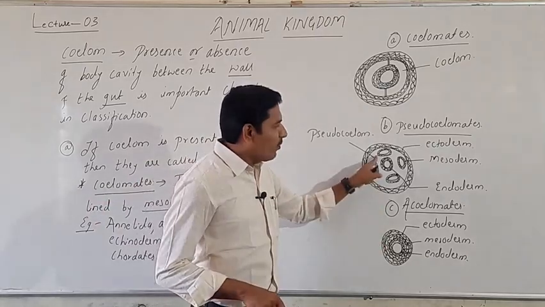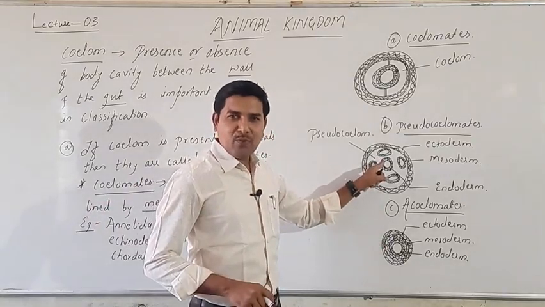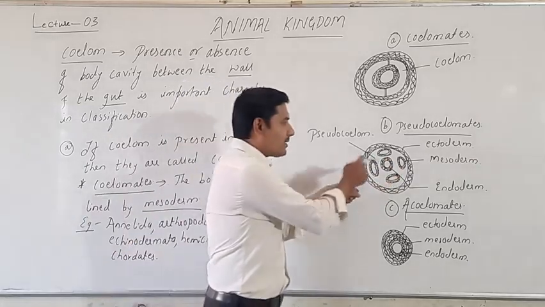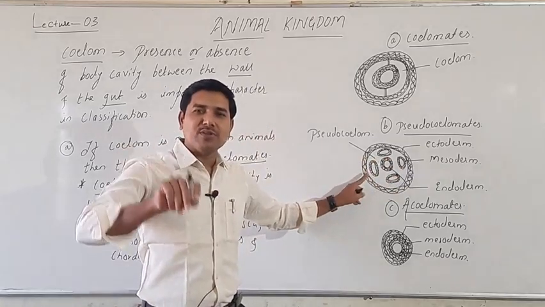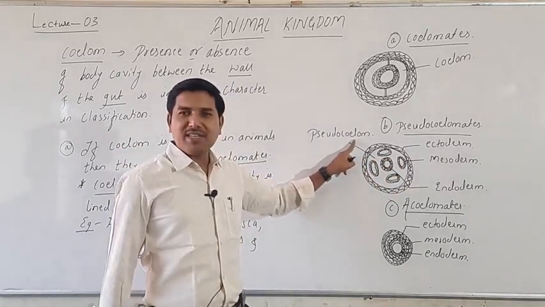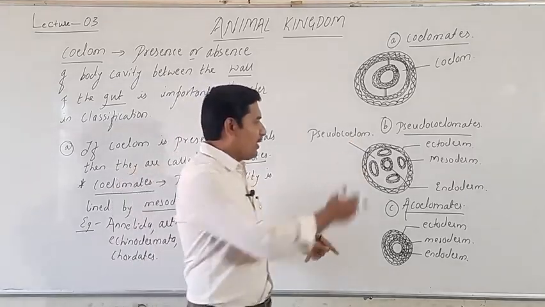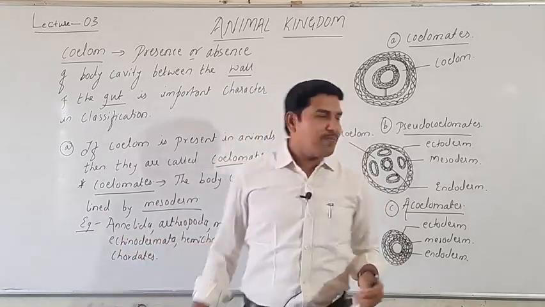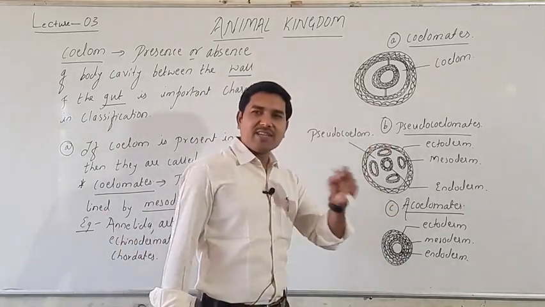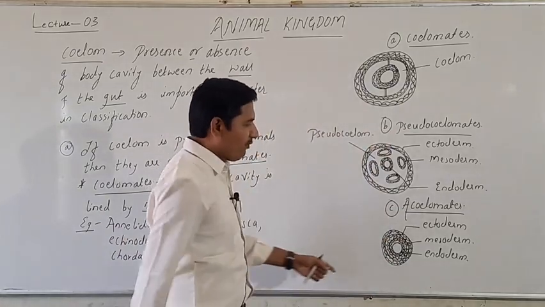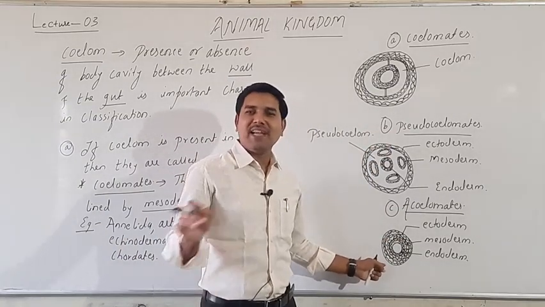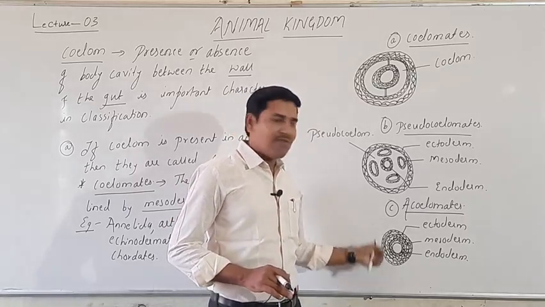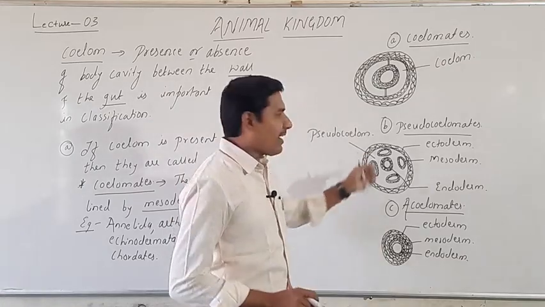And here it appears like a body cavity where we find endodermal cells in the form of patches, and hence this type we call a false coelomate, also termed a pseudocoelomate. Now if we quote an example, for the coelomates we have already quoted examples, and for the pseudocoelomate we have an example of Aschelminthes, and for the acoelomate we have an example of Platyhelminthes, flatworms. So let's look at the definition of these two and look at the comparative account.